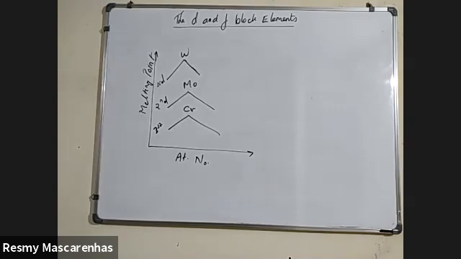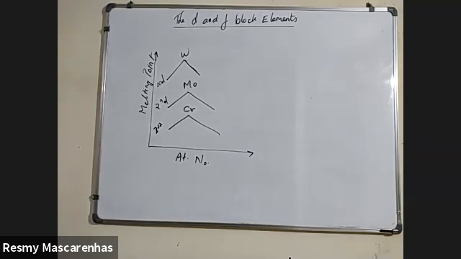High enthalpy of atomization means, what is the meaning? It is nothing but a melting point. So here high enthalpy means nothing but energy. Atomization means what? To break the atoms. So to break the atom, if more energy is required, you can call it high enthalpy of atomization. If it requires less energy, then you can call it less enthalpy of atomization.